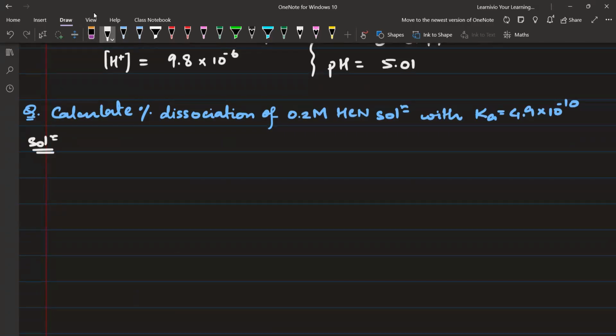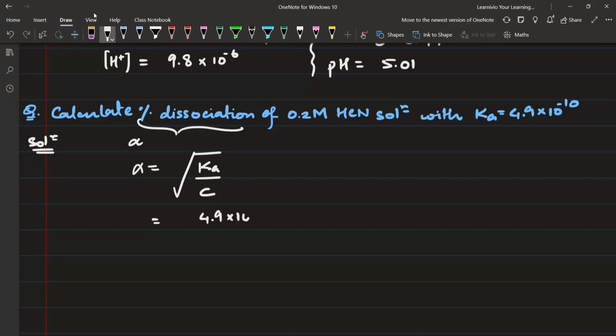Whenever they are asking for percentage dissociation, it means they are asking for alpha, right? So alpha will be equal to under root of Ka upon C. The value of Ka, what is it? हम लोगों ने कैलकुलेट किया था। Alpha is equal to under root of 4.9 into 10 to the power minus 10 upon 0.2, which will be equal to,